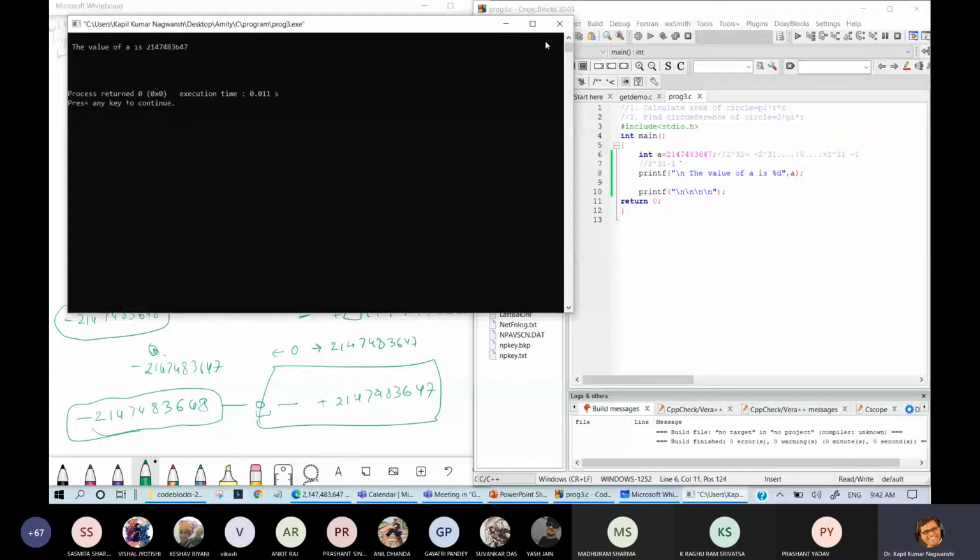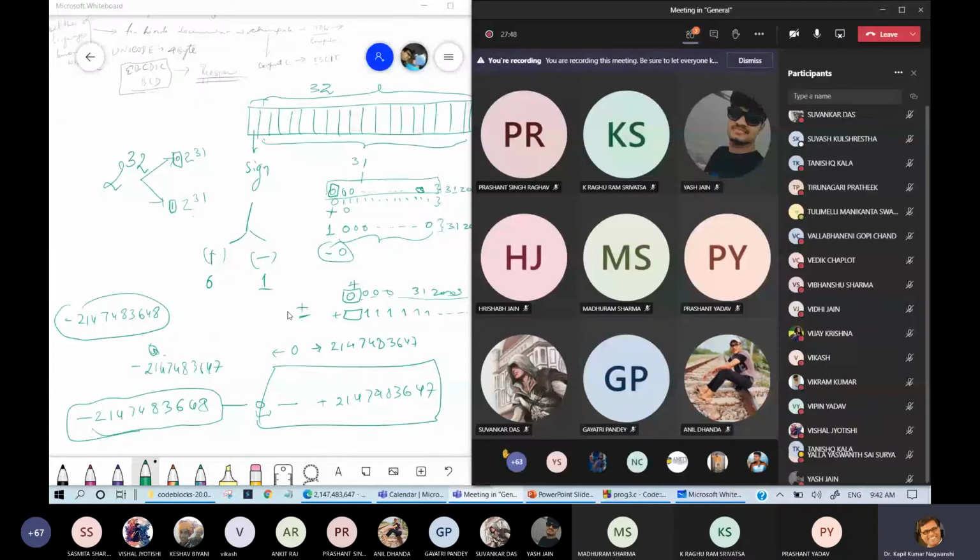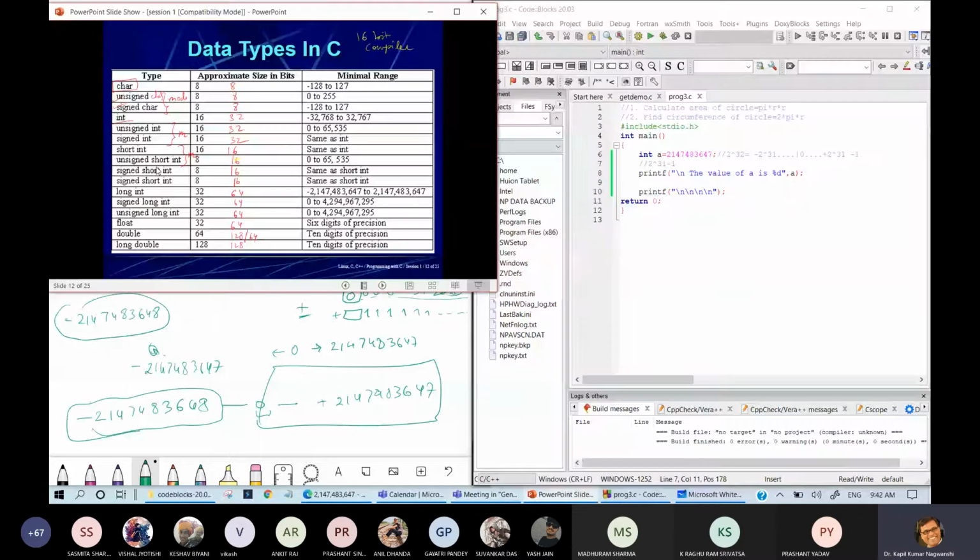Now let us move ahead with PowerPoint. So these are the modifiers, access modifiers. Now come to this, the size. We have seen the size mathematics, and this is for a 16-bit compiler, not for a 32-bit compiler. In case of a 32-bit compiler, the sizes are double of all the values except long double. Or we can see the size of long double also.